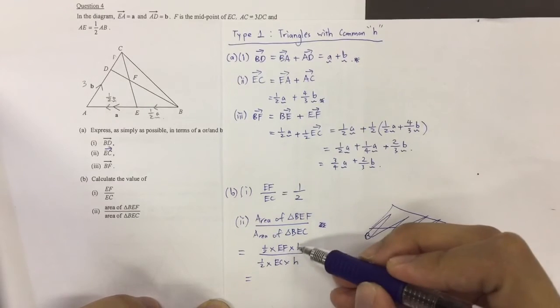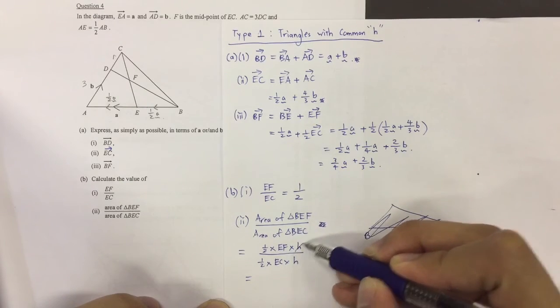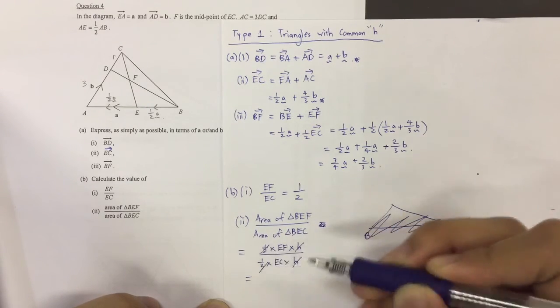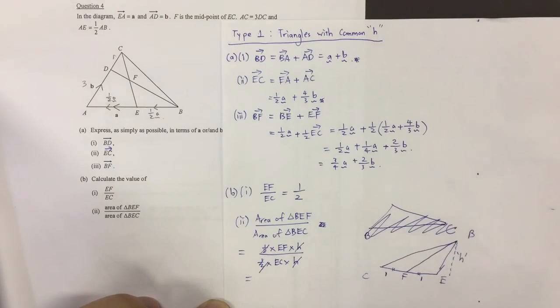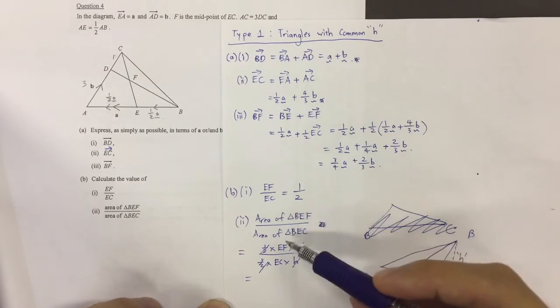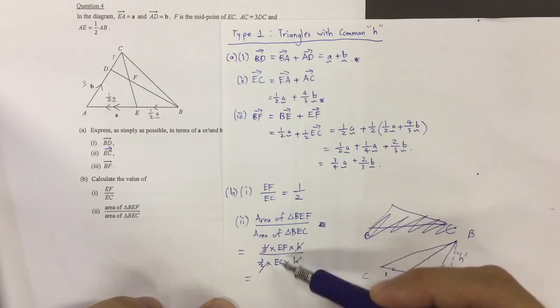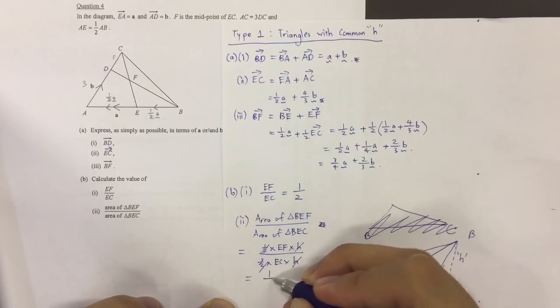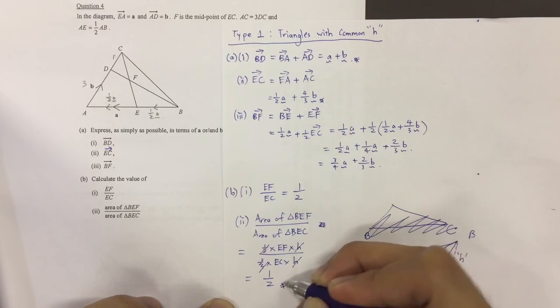So with that, you realize that no matter what the height was, numerically they cancel off, or should I say divide off, and give me just a value of 1. So at the end of the day, the ratio of the areas is just the ratio of their lengths, which can be taken from the first part, and that's it.